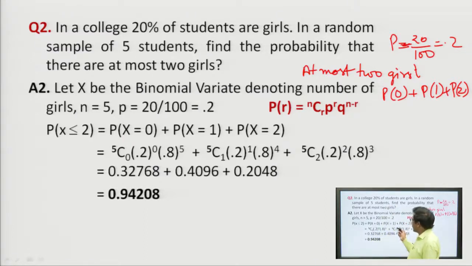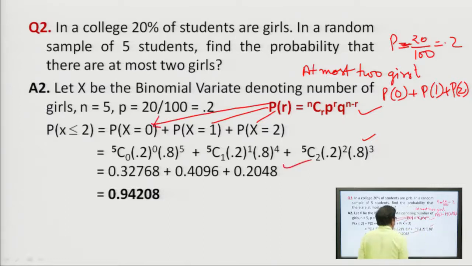Now, we find out the probability of these 3 cases by the formula. The first one is when no girl is chosen: 5C0, 0.2 is the probability of girls to be chosen, to the power 0, 0.8 to the power 5, plus 5C1, 0.2 to the power 1, 0.8 to the power 4, plus 5C2, 0.2 to the power 2, 0.8 to the power 3, respectively. We use this formula in all these 3 cases and obtain their numerical value, which is equal to